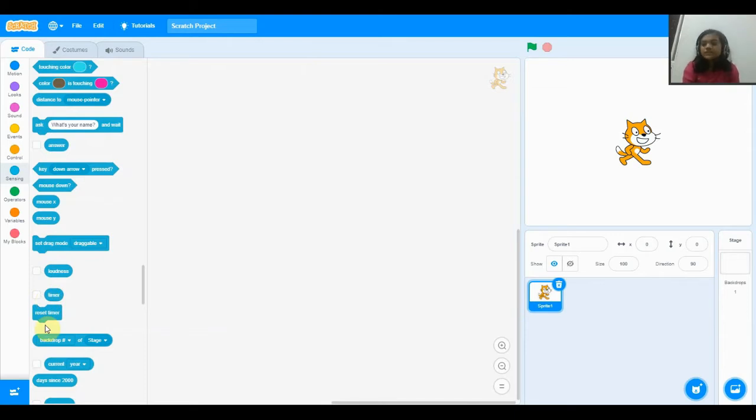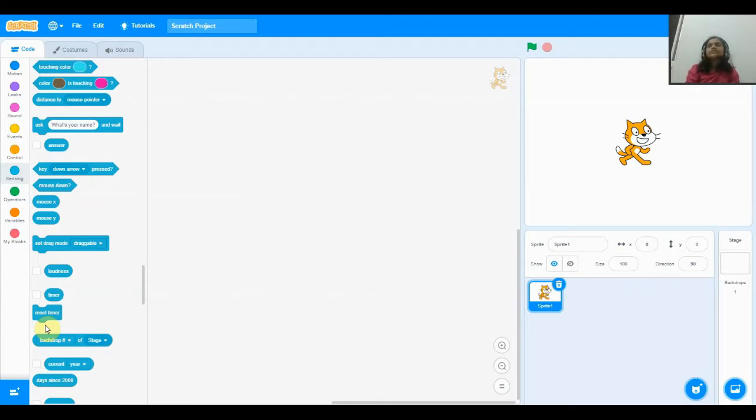So for example, you're making a game in which there's a time limit. You have to complete the game, like collect all the stuff in less than 2 minutes. You give it a time limit of 2 minutes, and then you complete it in 2 minutes, and the timer has to reset.